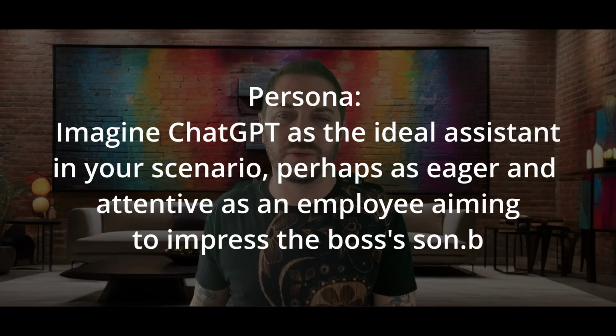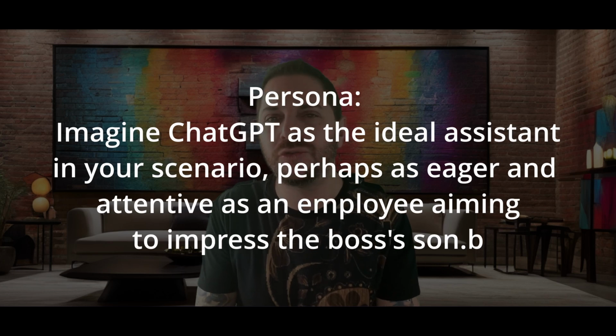So the first bit of context that we need to give the prompt, that we need to give AI, is our persona. So this is where we are going to be imagining who we're talking to. Now, this could be an assistant. You can say to ChatGPT, today you are my personal assistant. Today you are my financial advisor. Today you are a graphic designer. Today you are a copywriter. Today you're an email marketer. Whatever it is, the job that we're trying to do, we have to tell ChatGPT, this is what your job title is. Because right now the AI does not know what we want.